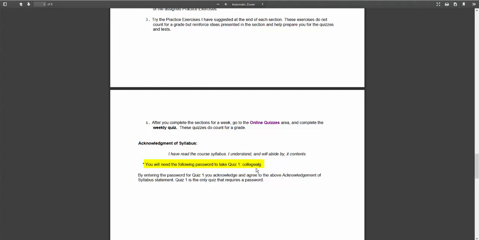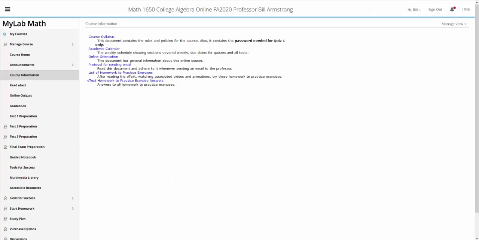Something really important that you need here for quiz 1. I don't know how to highlight it any more than that. So that's the syllabus. So I'm going to close the syllabus, come back to the course information tab, and let's